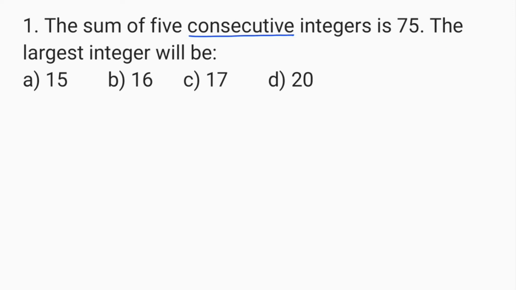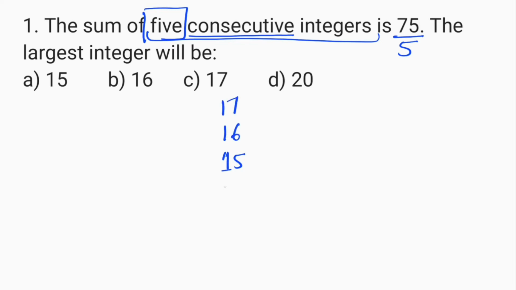So what is the trick to solve this question? First, we have to find what are those 5 integers. Very easily we can find it using the shortcut trick. Divide this number by 5 and we get 15. This is the middlemost number, the centermost number. Since 5 numbers are asked, 2 numbers will be more than this and 2 numbers will be less than this. More than 15 will be 16 and 17, and less than 15 will be 14 and 13.